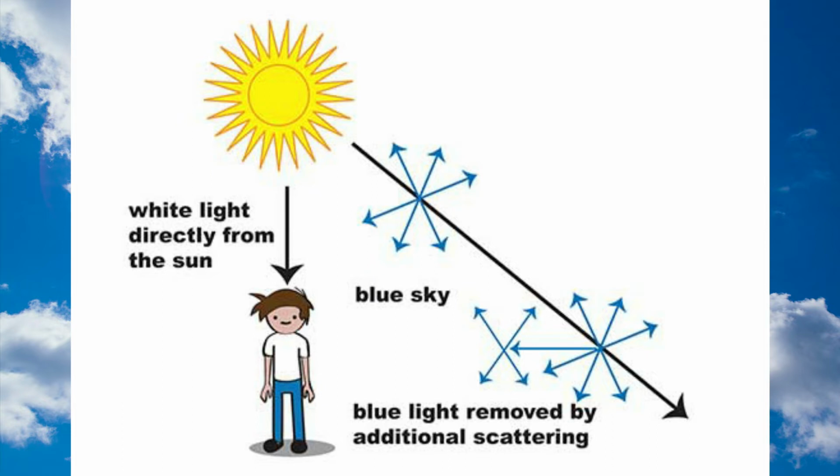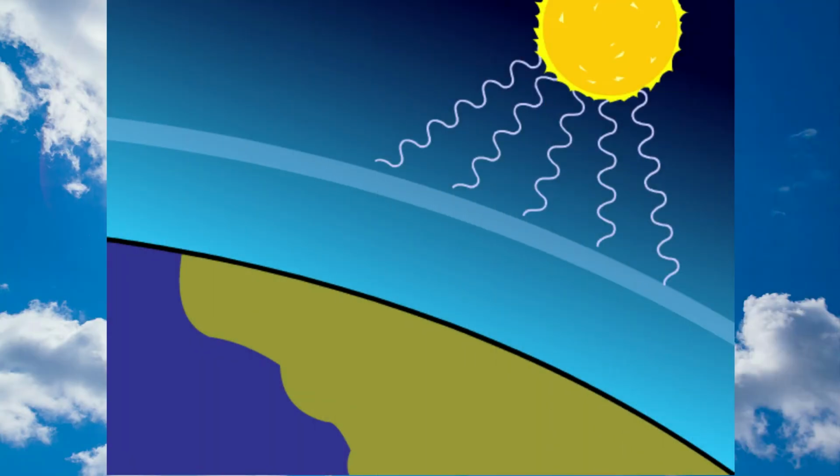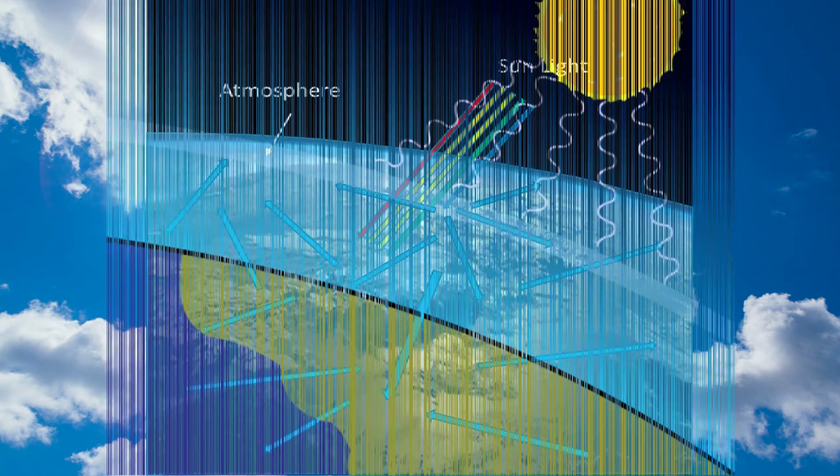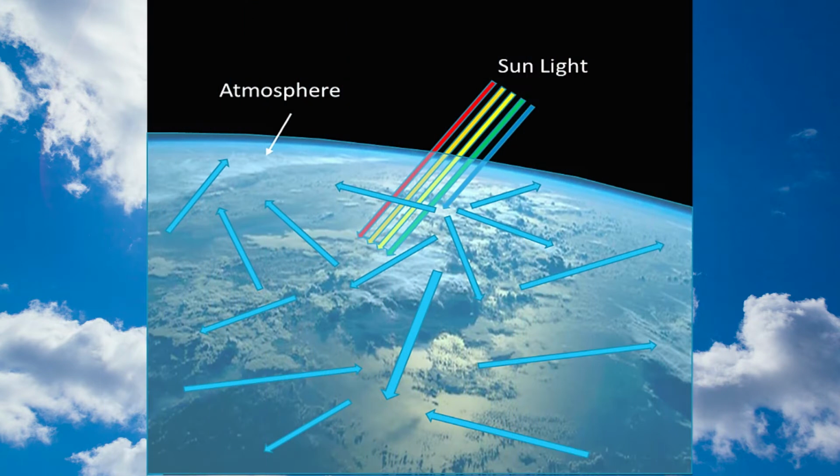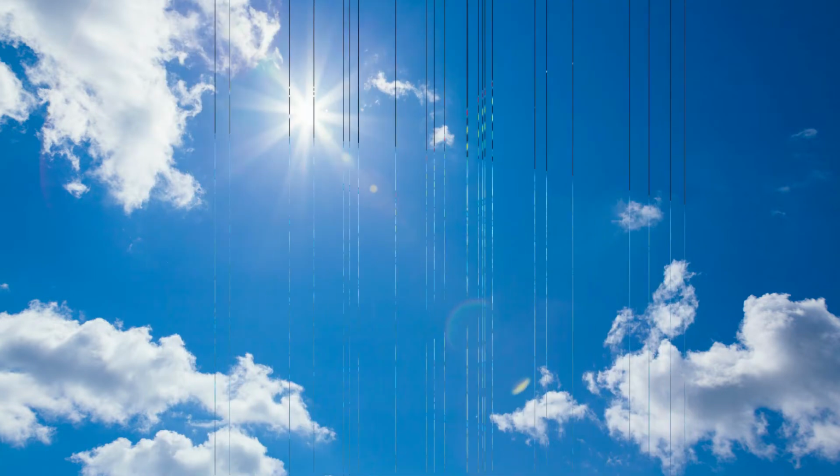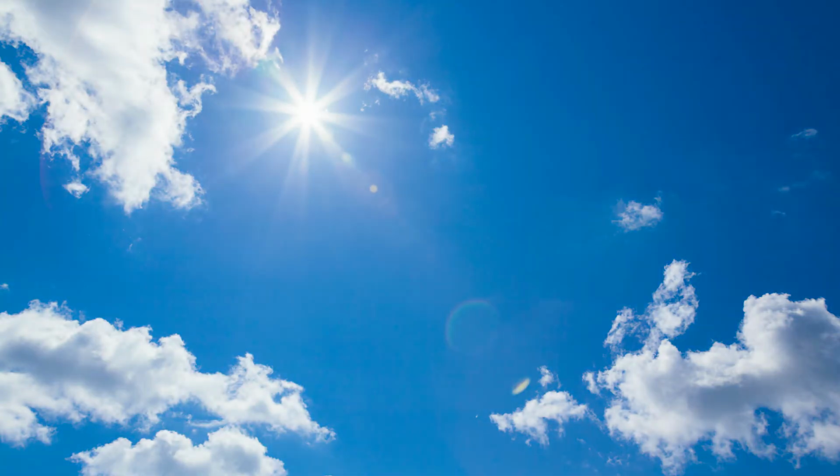Now let's summarize all these things. Our atmosphere is primarily composed of tiny nitrogen and oxygen particles. Sunlight, which comprises 7 colors, passes through the atmosphere and hits the nitrogen and oxygen particles. The particles scatter blue, violet and indigo more as compared to red, orange and other lights due to their smaller wavelength. Hence, mostly bluish light enters our eyes. That makes the sky appear blue.